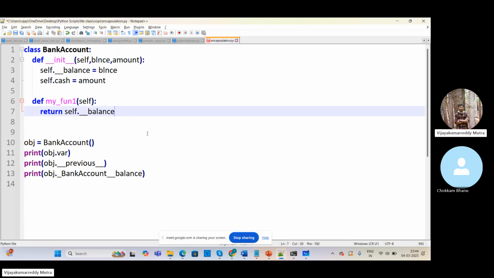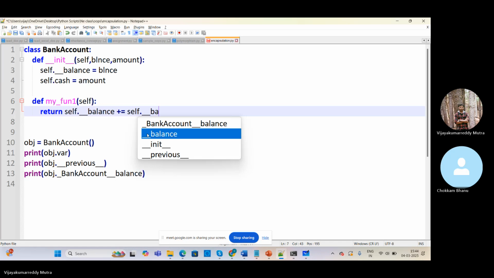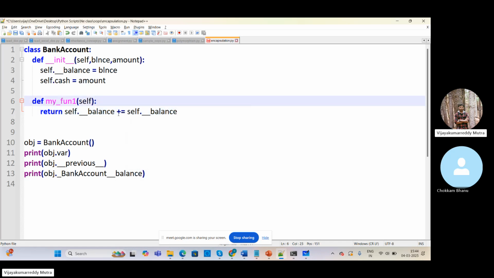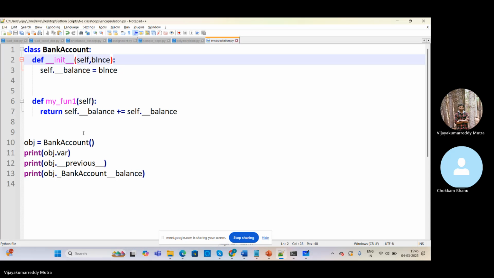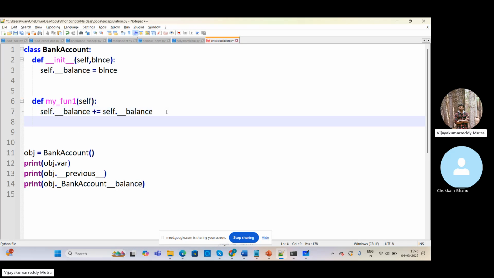Now let's use the same one here. Plus equals to... I can do anything, guys. I'm just giving some logic, but here the point is how to access the private variables and how to use this single operator, that is the unary operator. That's it. This one is not much required. I'm just simply giving it, but okay, let it be. Instead of return, just simply give some logic, guys. I'm not giving anything. Now, if I just try to print, okay,